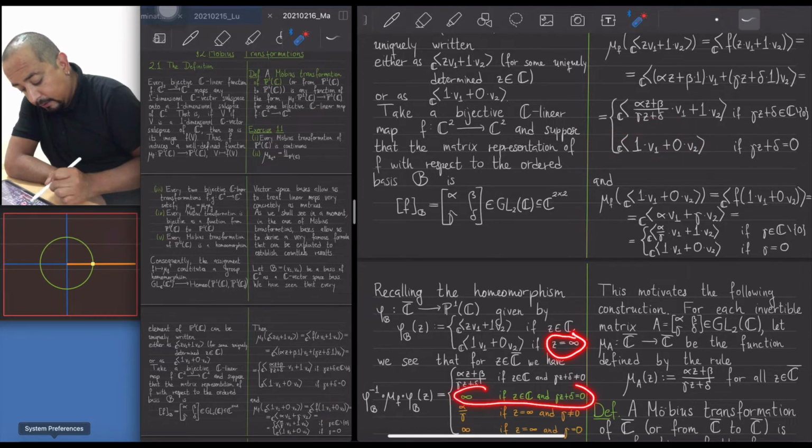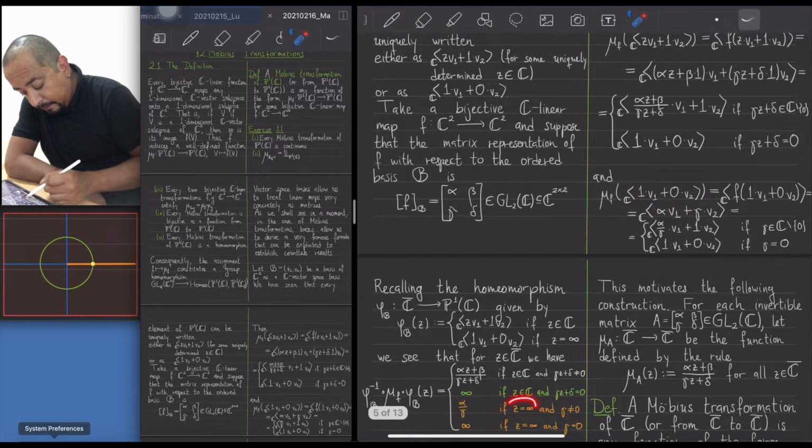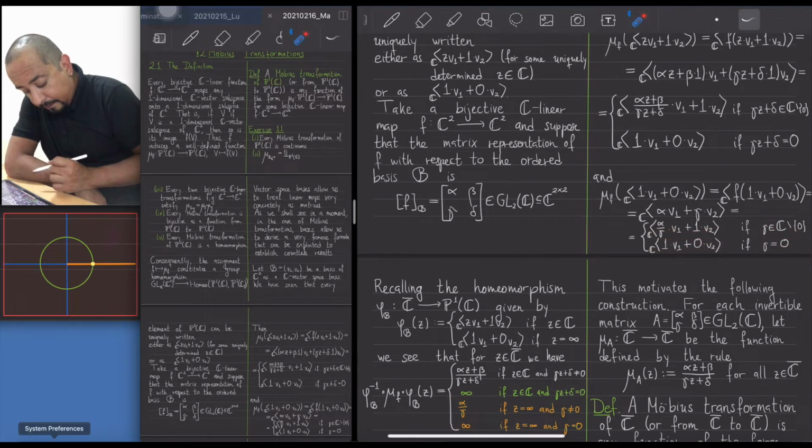So we have this rule. And otherwise, for the point at infinity, if gamma is not 0, then I keep this scalar, alpha divided by gamma. But if it is 0, what I keep is the point at infinity. So we have this formula,